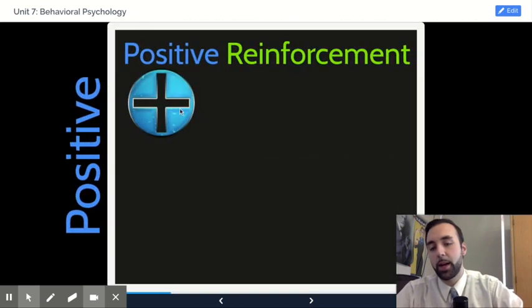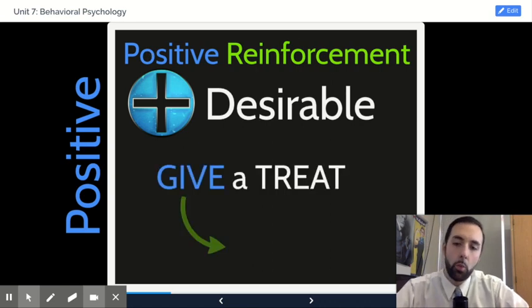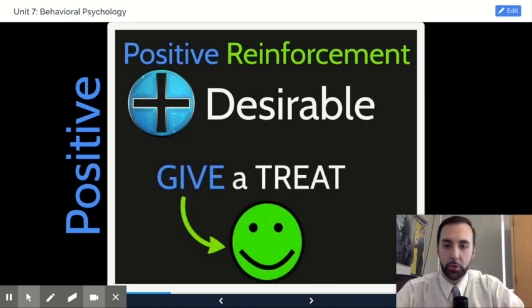This blue positive plus sign connected with the word positive. When you use positive reinforcement, you are providing the organism with something that they desire. So that's what this addition sign here is indicating, adding something desirable. So when you've given your dog a treat or your cat a treat, or you've praised somebody, or you've given somebody a piece of candy because they've done something that you want, something that warrants a reinforcer,